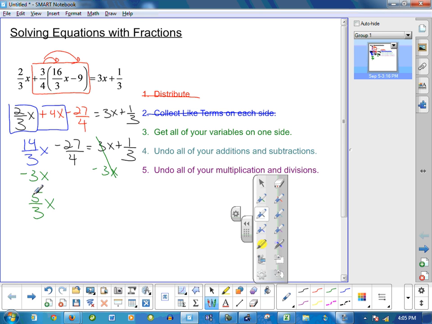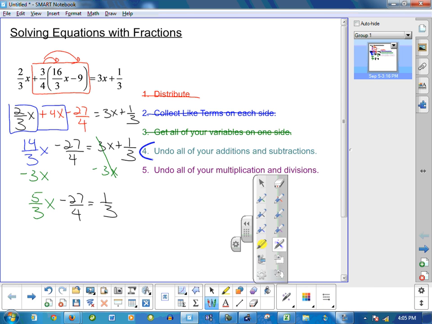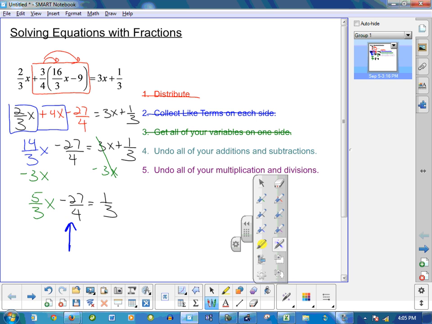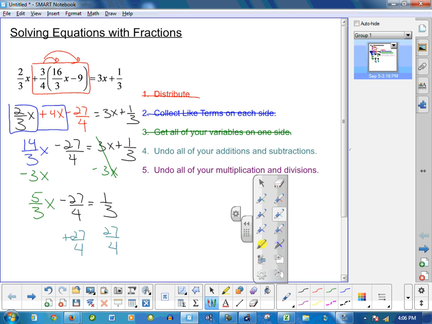And then back to bring down the rest of the problem that I have not done any work on. Okay. So now I'm going to look at undoing all of my additions and subtractions. And from there, I do notice that I've got a -27/4. So I will undo that with its inverse operation of adding 27/4 to both sides. That golden rule of algebra, whatever you do on one side of the equation, you have to do on the other. Canceling here, we will get